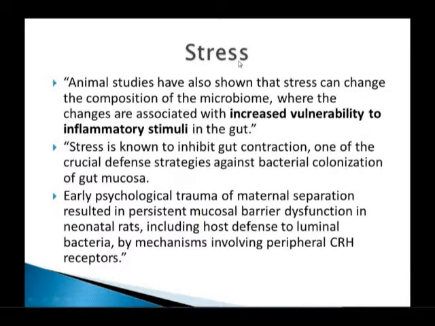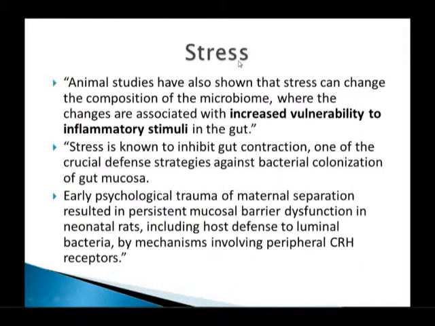And another mechanism of problems is that stress is known to inhibit gut contractions, so that colonization of the gut becomes much more prevalent as opportunistic bacteria are not flushed out in our stool. Now, this is one of the theories for small intestinal bacterial overgrowth: you get exposed to some kind of toxin that irritates the lining of the gut, alters peristaltic activity, and you start to develop these colonies of bacteria in the gut that create all kinds of problems,